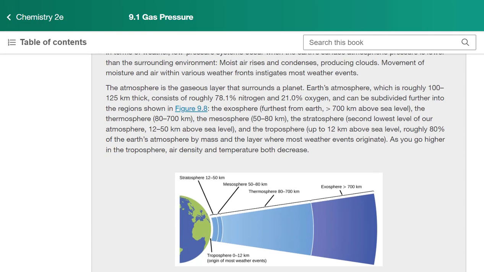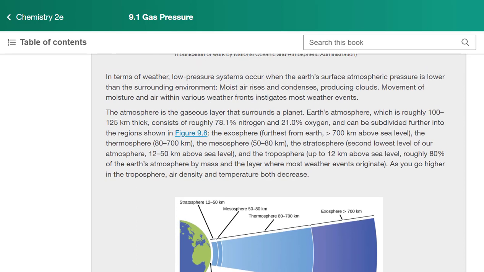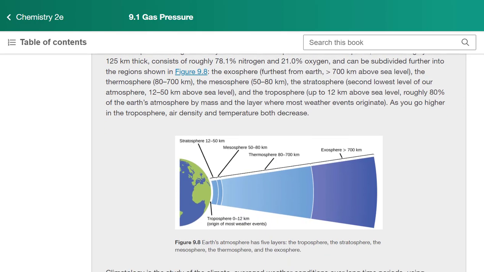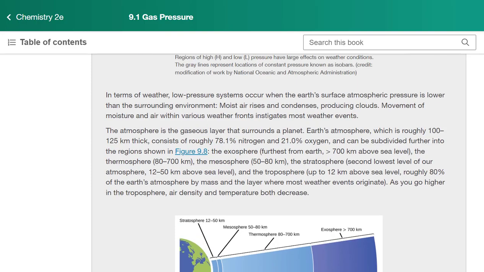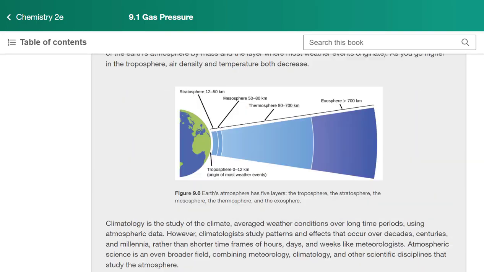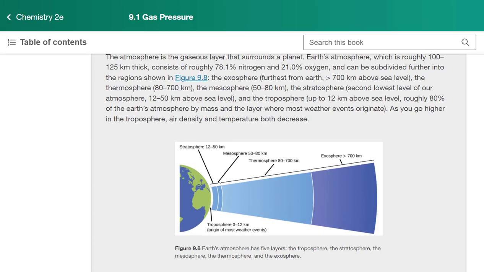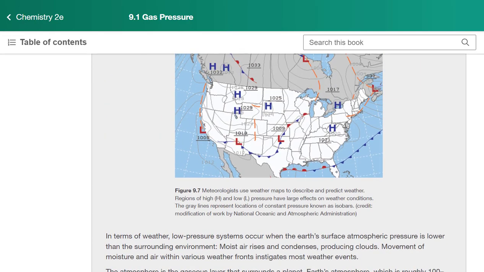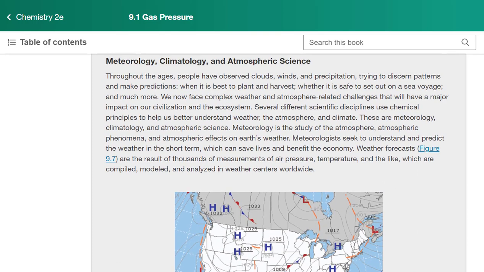There's some details here on the different components of the atmosphere. We're not going to cover that in this class. That's more of a physical science topic. So I wanted to talk a little bit about that in case you're traveling somewhere in the mountains and you're thinking, oh, well, what about this difference in elevation? That's already been accounted for.